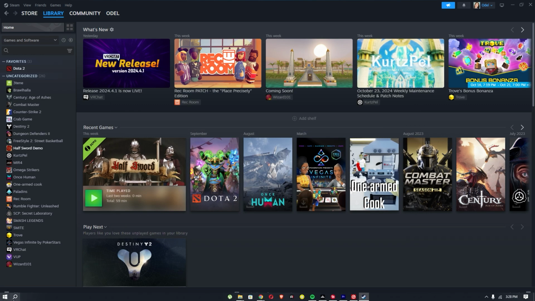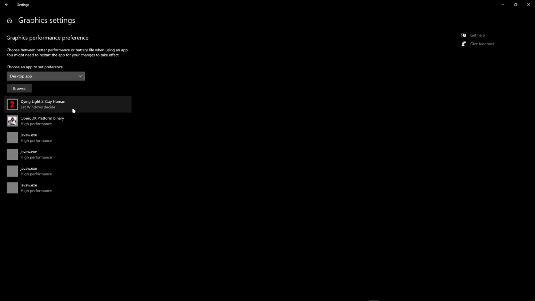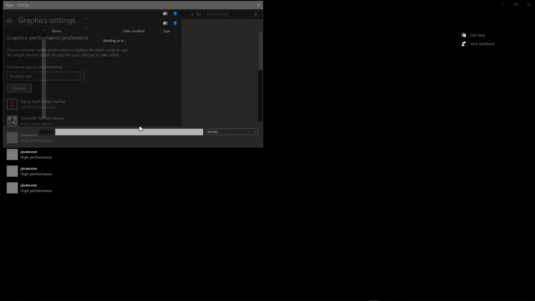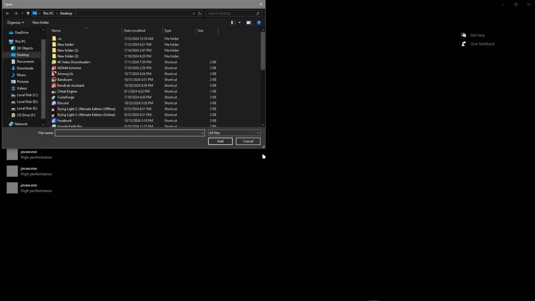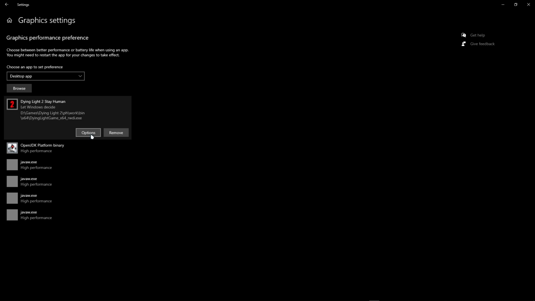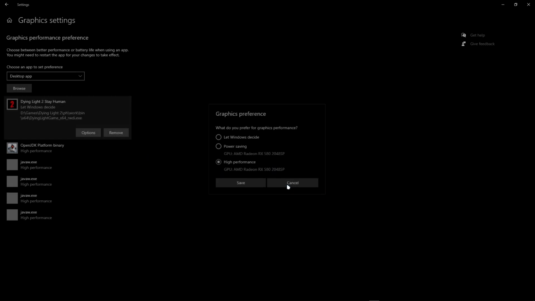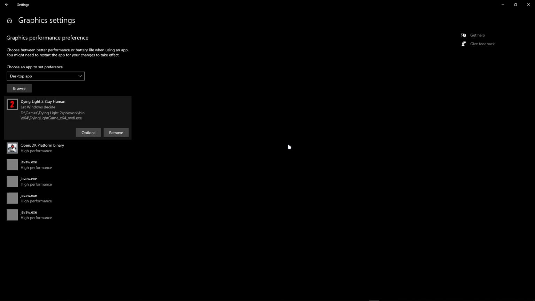And then the other method is to go to your graphic settings. Now, once you're in here, for example, this is your NBA 2K25. Just browse your NBA 2K25 in here. Now, once you're in here, once you have the game, just go to options and just click high performance and just save. And the fourth method is to make sure that you meet the minimum requirements of the